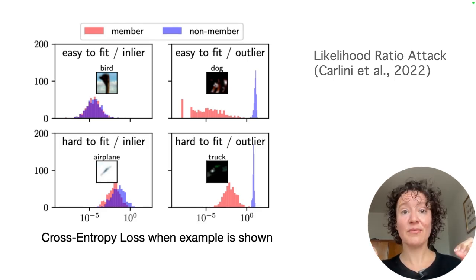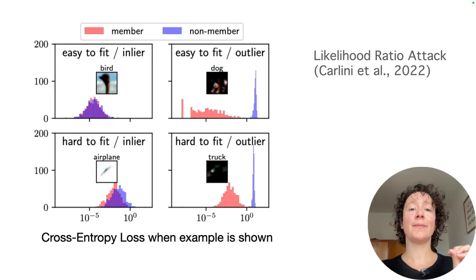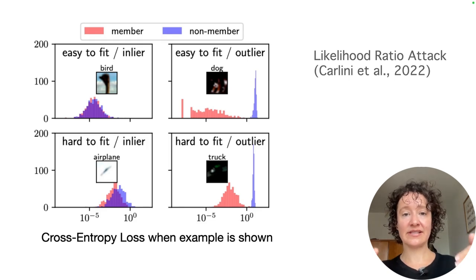And what we're going to talk about is we're trying to take the model outputs and guess between who was in the training data, who wasn't. So member: in the training data, non-member: not in the training data. And already we can see here, this is from this paper, the right-hand column displays some outliers within their class. So some images that didn't look like the other images in their class. And here we can see, can we separate the red and the blue?